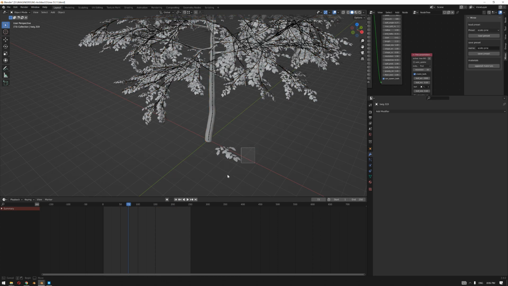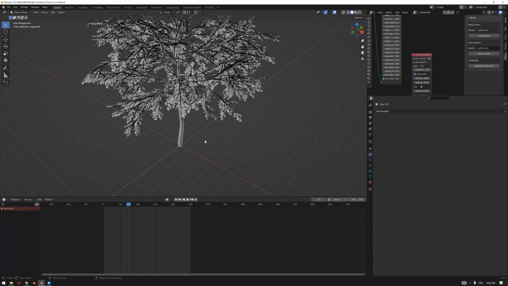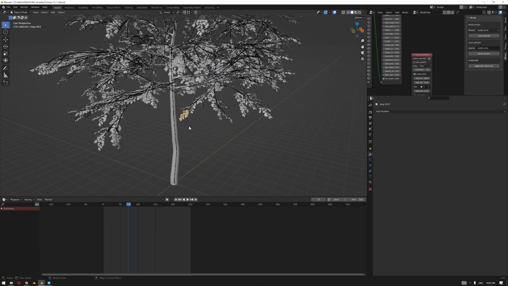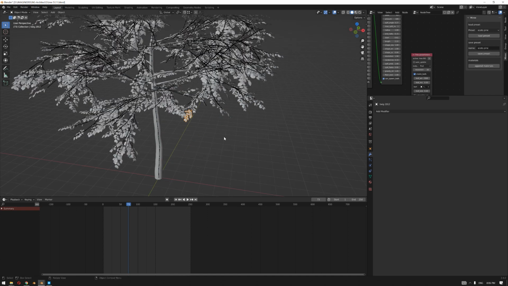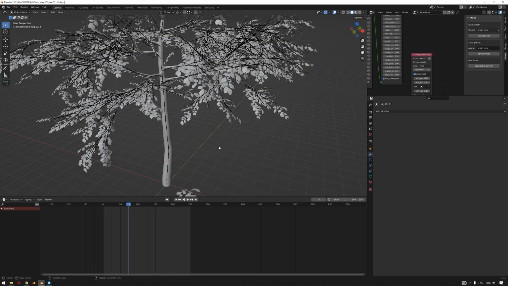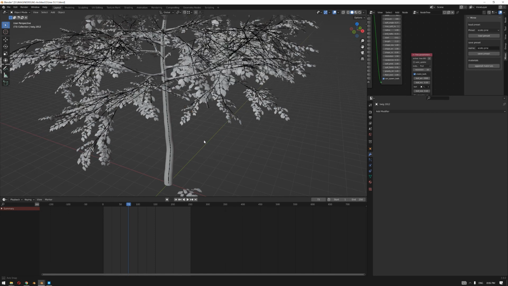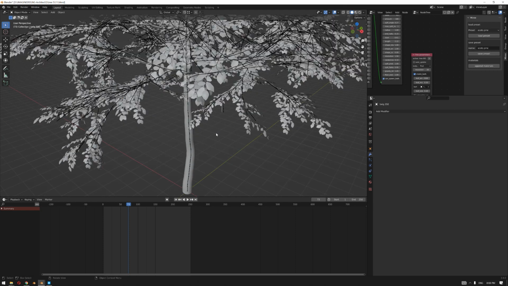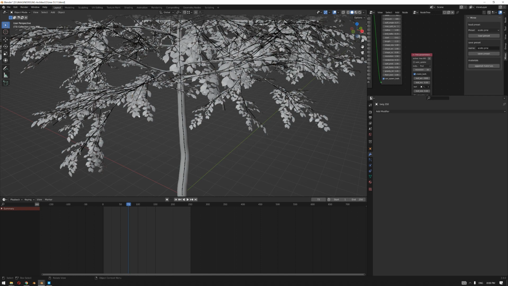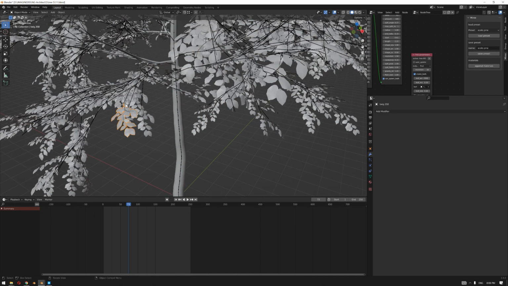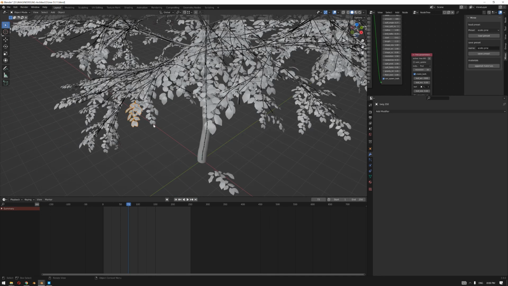Step number 2 is that we also need to make these objects separate. In other words, when we created this, they were instances of this branch, and we need to detach this relationship so each one of them will be a single entity. If we export the tree right now to Unreal Engine, inside Unreal Engine each branch will be shifted from its origin location because they are not at the correct scale.